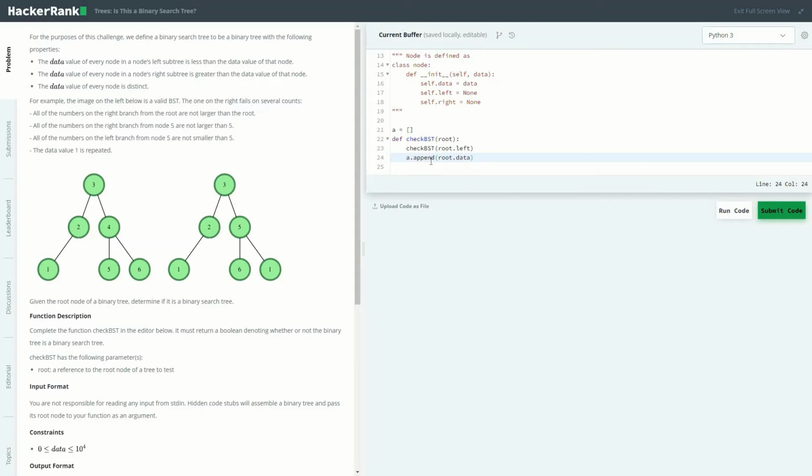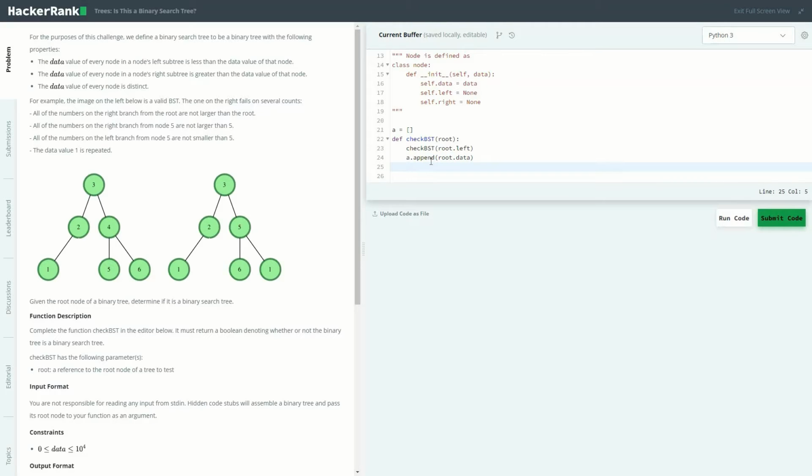The data gives us the value that is stored in the root node, and similarly at last we check root dot right. In this order we'll be able to append all the data in sorted order in our list.